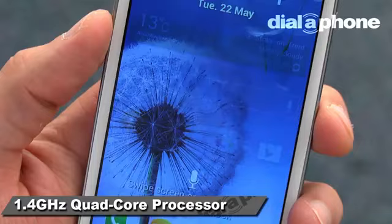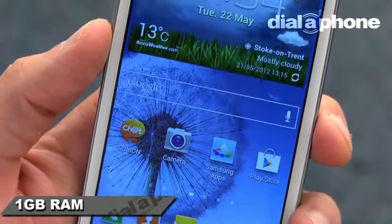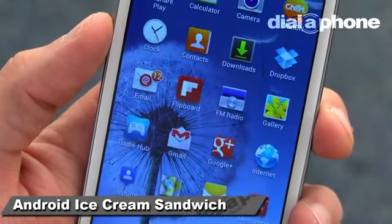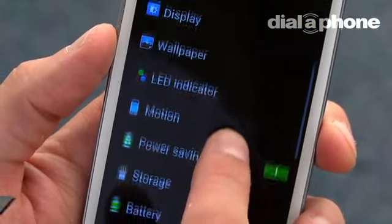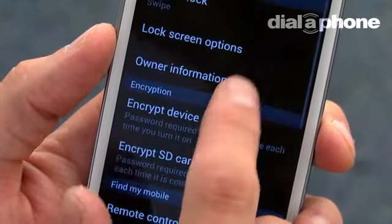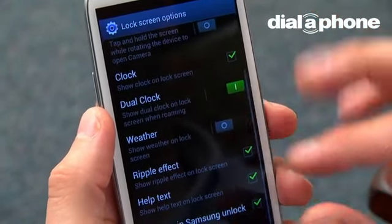With its 1.4 GHz quad-core processor and 1 GB of RAM, the Galaxy S3 is well placed to make the most of Android Ice Cream Sandwich. The OS is unsurprisingly swift in operation, and thanks to the new TouchWiz UI, it all looks great too. The whole user experience is highly customizable, even more so than on previous Android devices. A good example of this is with the lock screen options, where swipes, gestures and even voice recognition are all